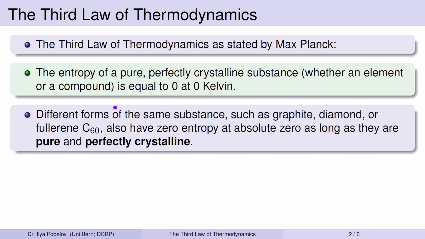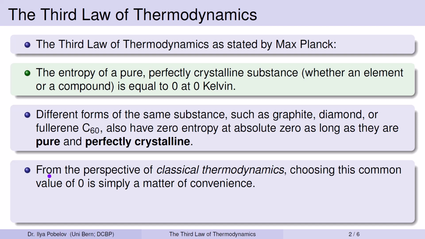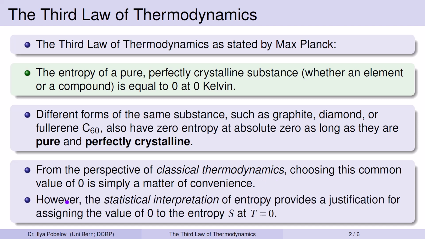Kelvin. Different forms of the same substance, such as graphite, diamond, or fullerene C60, also have zero entropy at absolute zero as long as they are pure and perfectly crystalline. From the perspective of classical thermodynamics, choosing this common value of zero is simply a matter of convenience. However, the statistical interpretation of entropy provides a justification for assigning the value of zero to the entropy at absolute